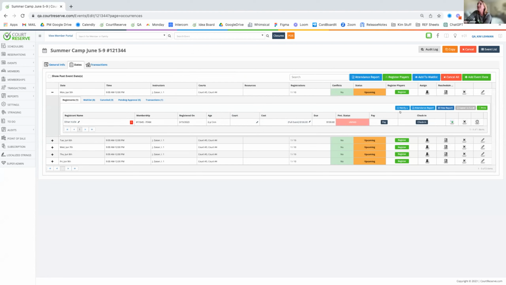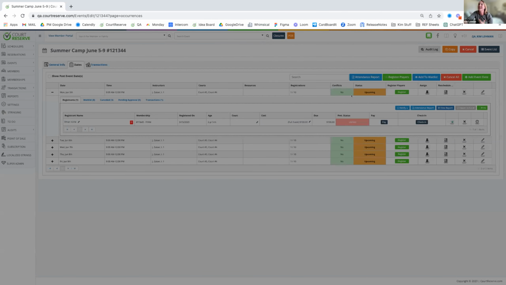So we've upgraded the attendance report that you can pull from the event list. When you've got an individual date, we've always had this attendance report selection right here, but it just pulled up a generic report with a bunch of columns that maybe you were going to use, maybe you didn't. Now, when you click this function, you're going to get, let's see,